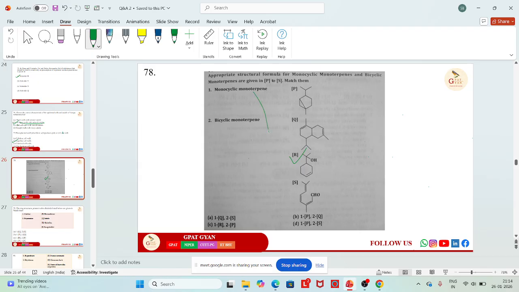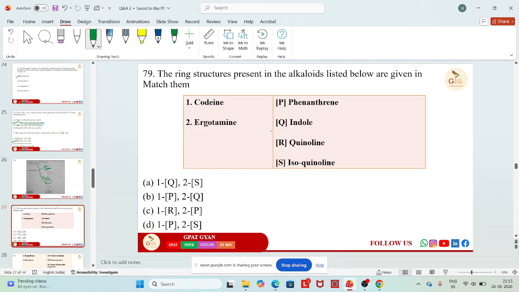So monocyclic monoterpene is going to be always R. So it will be option C. And this is the bicyclic monoterpene. Okay, this is a very good question from the structure. Okay, so this is the bicycle. Never consider it like a monocycle. This will be the monocyclic. Only a double bond and nothing present in between will be one monocycle. Next one,